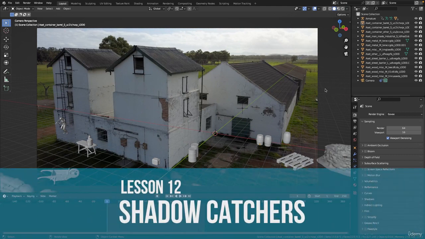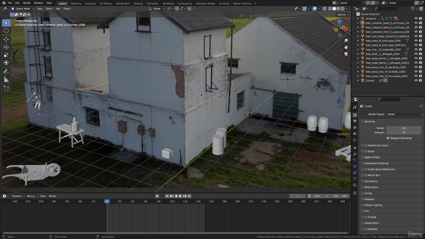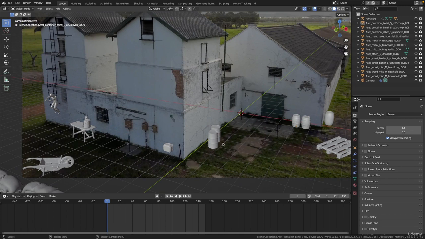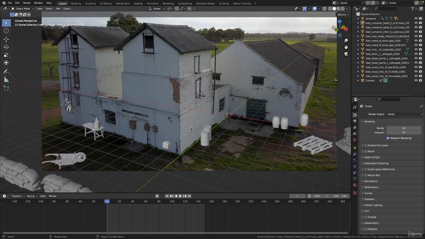Hey and welcome back. In this lesson, we're going to look at something called a shadow catcher. Now, a shadow catcher is any object that will receive shadows from all our 3D objects. So usually we'll use them on the floor plane to catch shadows that should be on the floor, but they can also be against a wall to catch a shadow on a wall and also on just different objects in